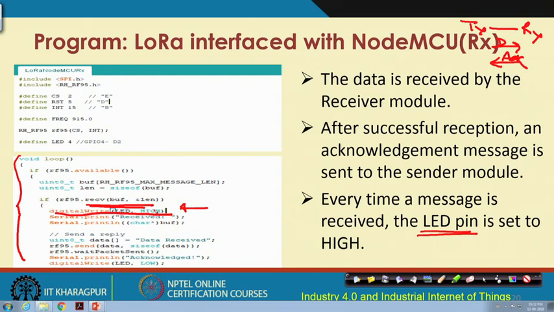So, it receives this message, and once it has received it, it is programmed in such a way that it is going to glow that LED through this particular command, high. Thereafter it is going to print that it has been received, and what has been received is also going to be printed. Now, corresponding to the data that is received, the acknowledgement will have to be sent, and that is done with the help of this code. So, it will acknowledge that it has been sent,